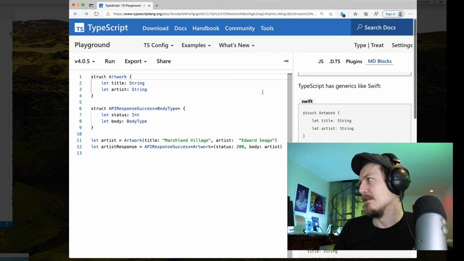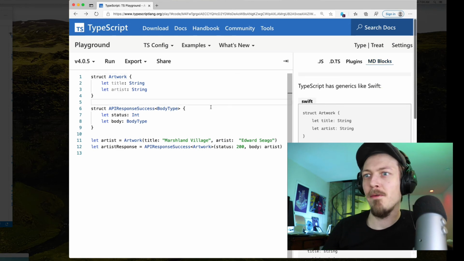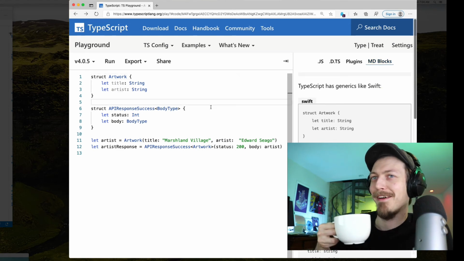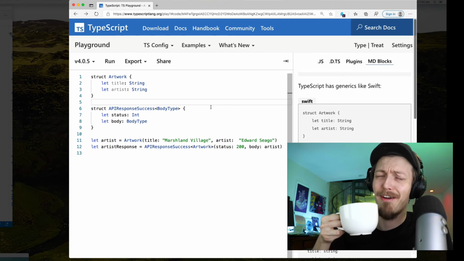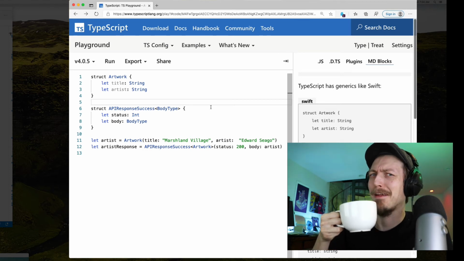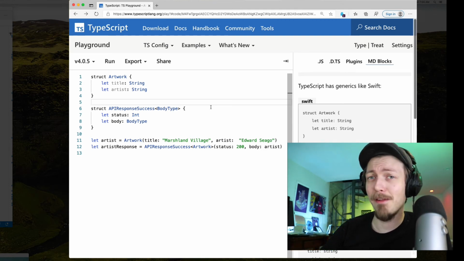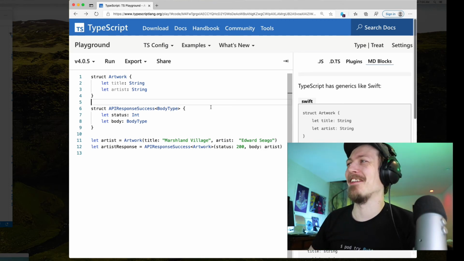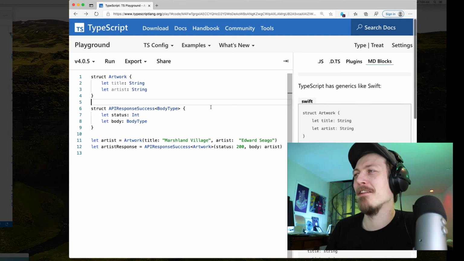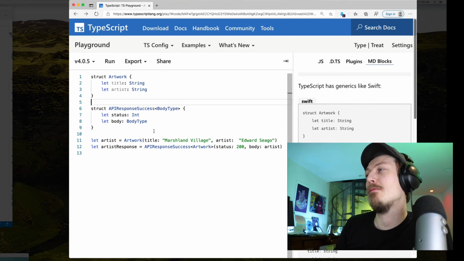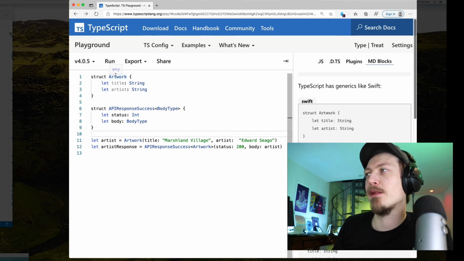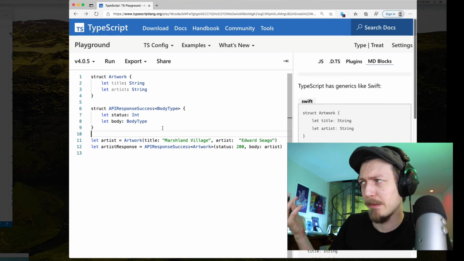All right. So when Swift first came out, it was probably my first introduction to generics, and I was like, that's a funky idea. It's still a funky idea, but it's certainly not as expensive in my head as it used to be. So we've got an example here of a struct and then a response that takes another struct. If you've never used generics before, they're basically like arguments for types.